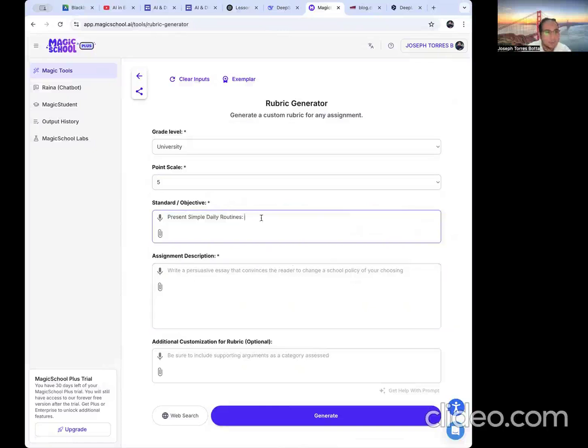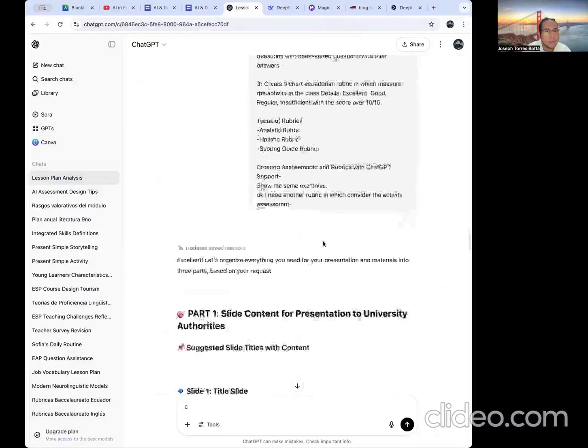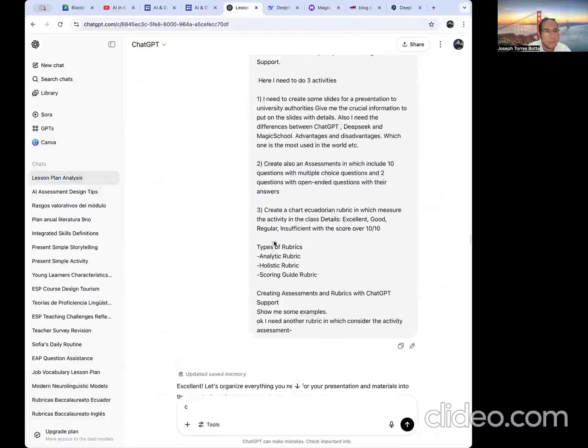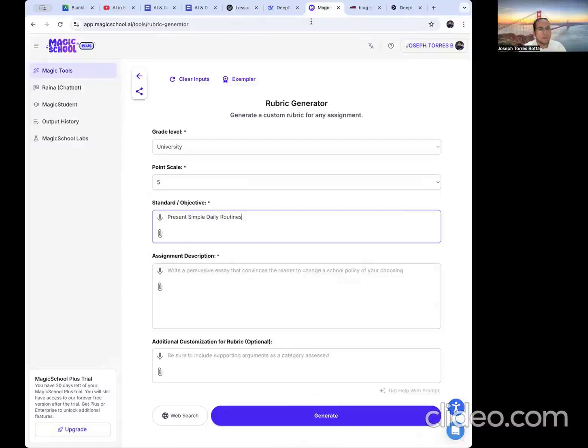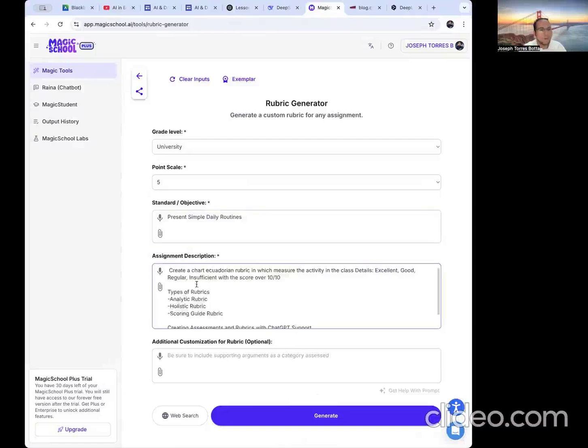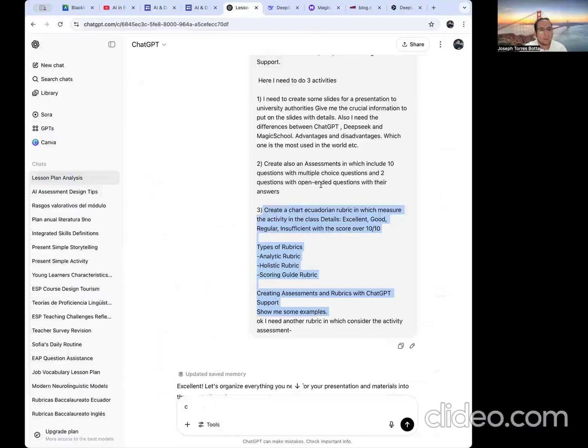here in this section, of course, I need a rubric. So in this case, I'm going to use the same prompt and say to him, create an Ecuadorian rubric to measure the activity in class, with details. I'm going to copy this information and put it in the Magic School tool here. So we have the present simple daily routines focused on the grade level, university. And here I'm going to put the optional, maybe the lesson plan. So